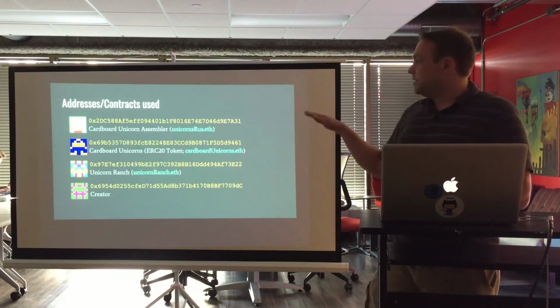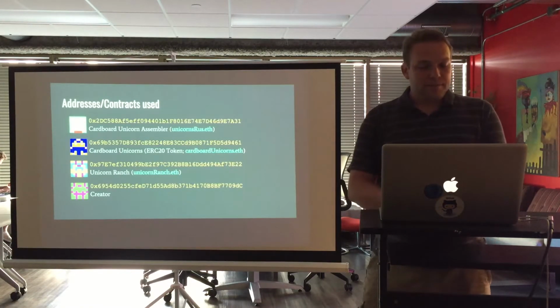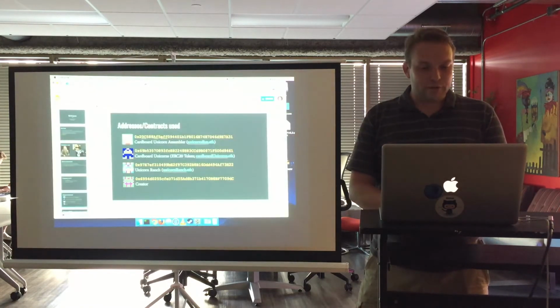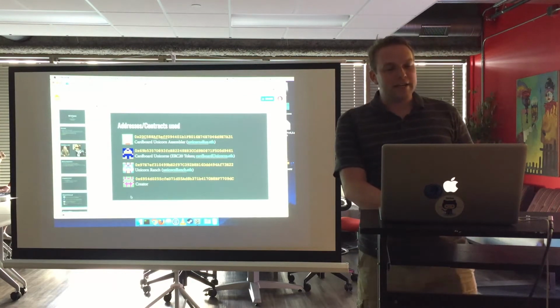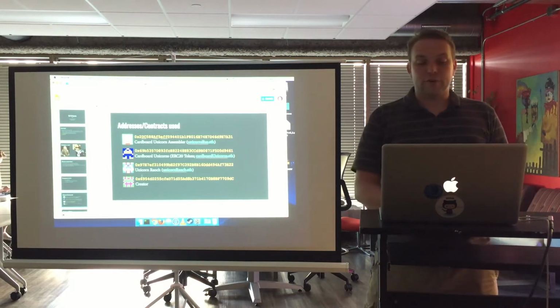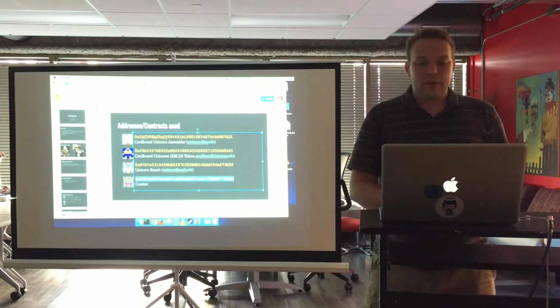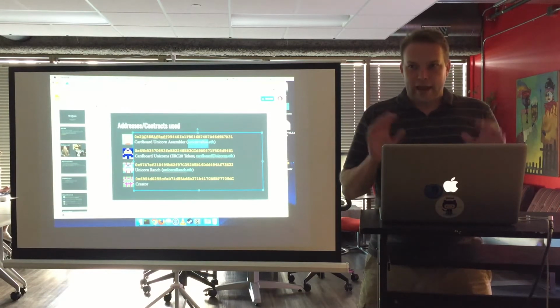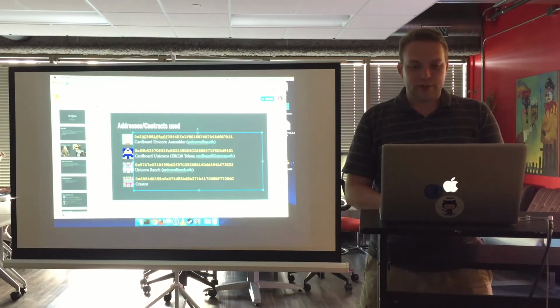And that last one is the verification that you can see. That last address is mine, which created all these. As we get started, let me just go over again the proof for that one. These visual indicators are called blockies or identicons, which have been used on several Ethereum sites to help verify that the string that you're at is the one that you think you're at. So, to prove that I am who I say I am, that I am actually Brooks, I didn't just steal his laptop in his presentation, let's start here with this Unicorn Assembler, unicornsareus.eth.